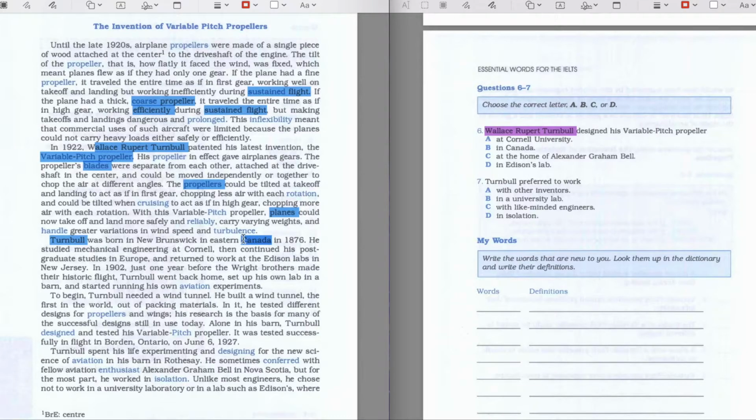So let's highlight these options which we have here. He was born in Canada. He studied mechanical engineering at Cornell University, and he then went to Europe. He studied in Europe, postgraduate, returned to work at the Edison's lab in New Jersey, and just 1 year after, he went back home, and he set up his own lab in